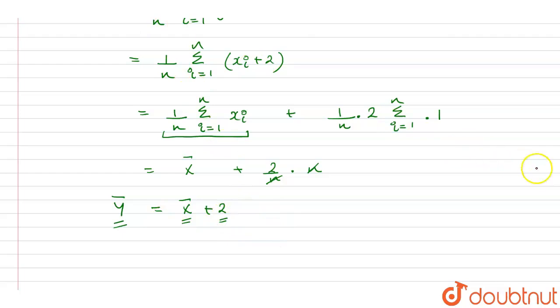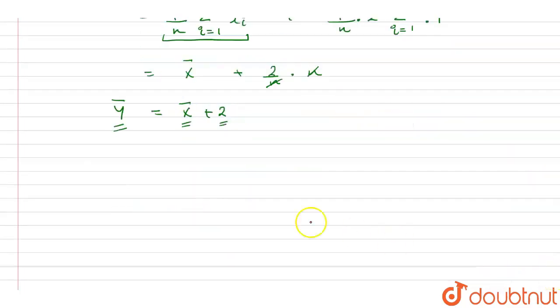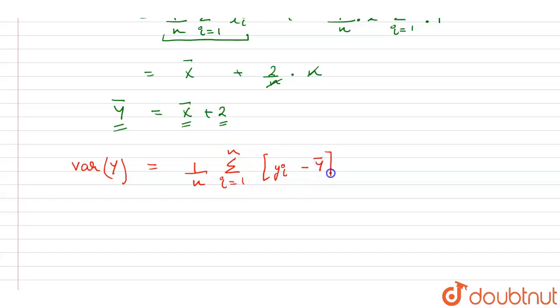Now we will find out the variance of the data y, because we need to find out the variance of the new data. The variance of the data y will be represented as capital Y, and this will be equal to 1 upon n, summation of i goes from 1 to n, of yi minus y bar whole square, right? This is the formula of variance. So if we substitute the values of yi and y bar over here,